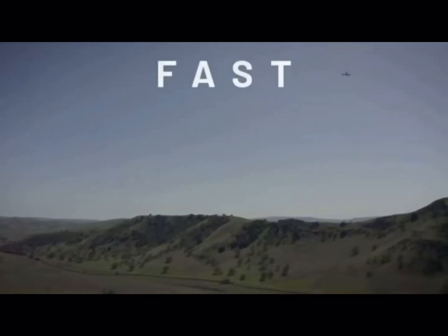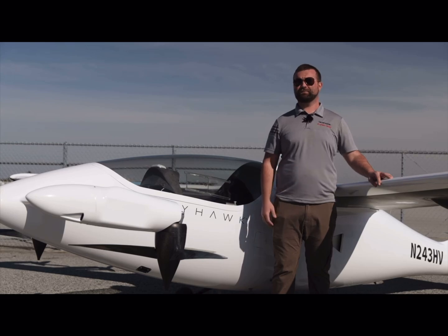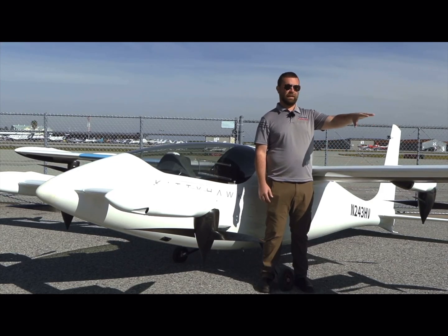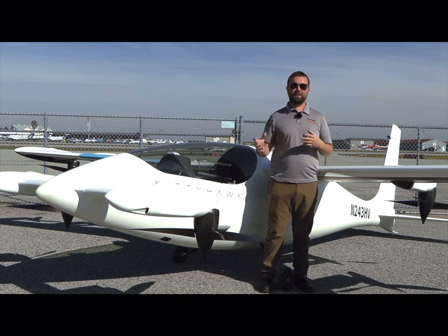Yeah, so Heaviside takes off and lands vertically and transitions to forward flight. It does not support conventional takeoff and landing. In addition to the 8 motors, we have traditional control surfaces like ailerons, elevators, and rudders on the tail. And the flight control system uses the combination of motors and control surfaces at any given time to control the